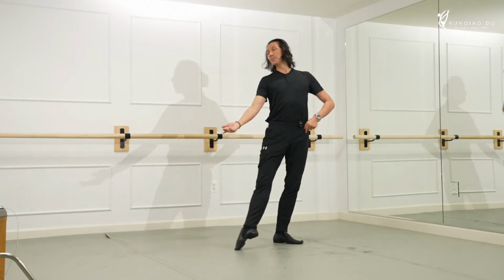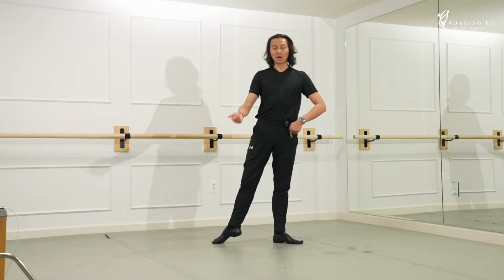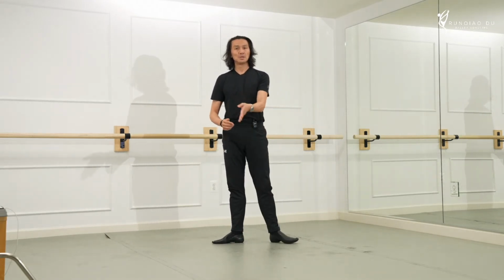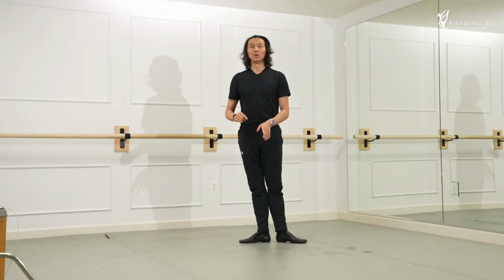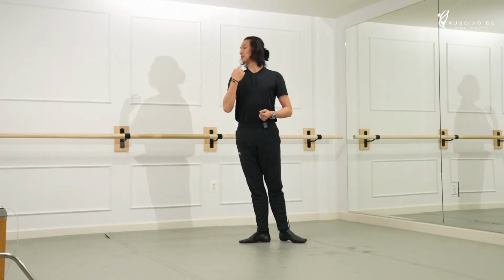Continue 1, plié 2, 3, plié 4, 5, plié 6, 7, and 8. Same thing to the left. Nice and easy. Look to the left. We do 1, 2, articulate the foot, 3, 4, 2 fondue to the front, and look to the right, fondue